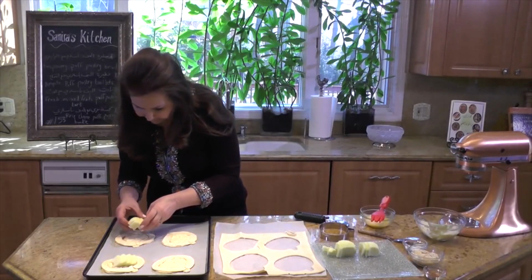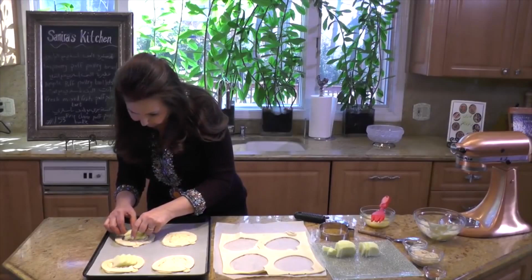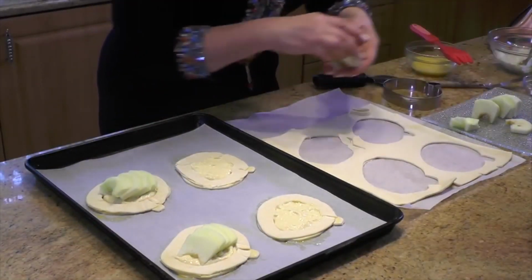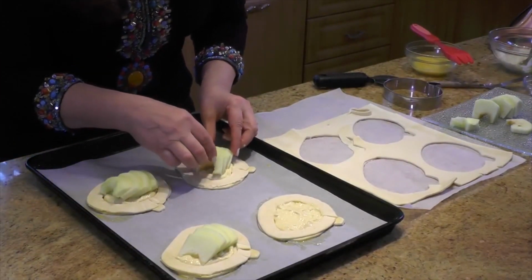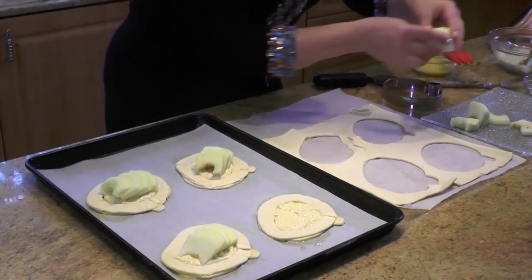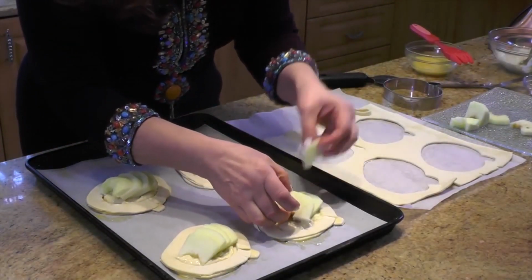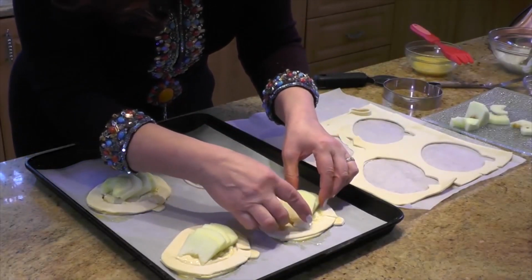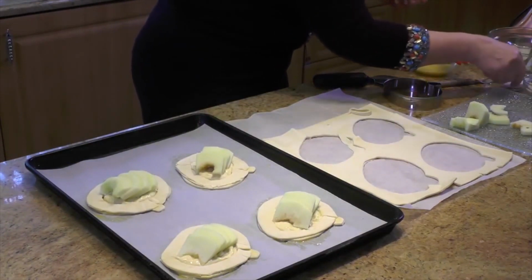We will use as many slices as we can fit in. We use pieces or slices of apple like that. And I think this should do it. Perfect. And now what I would do is